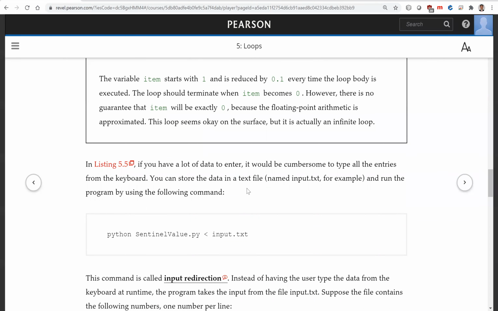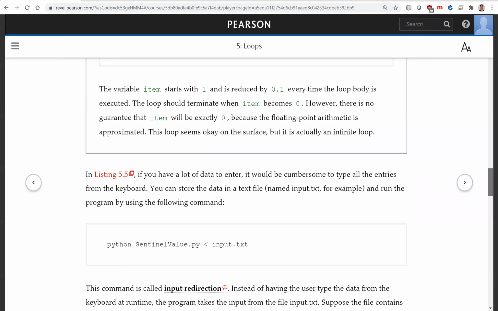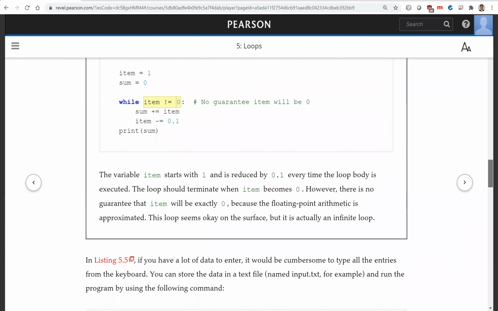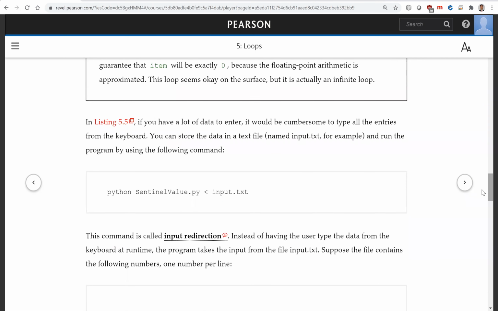In the program, if you have a lot of data, you're going to keep entering the data. So you may have like 1 million data. So what do you do? You can put all the data in a file, and then using the command line, use input redirection to get the input from a text file. So I'm going to go to